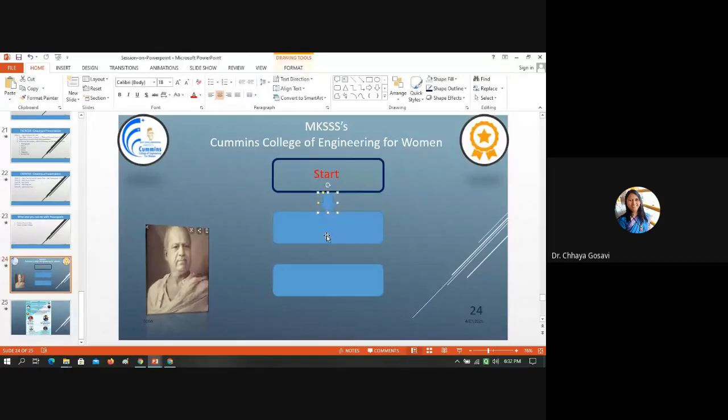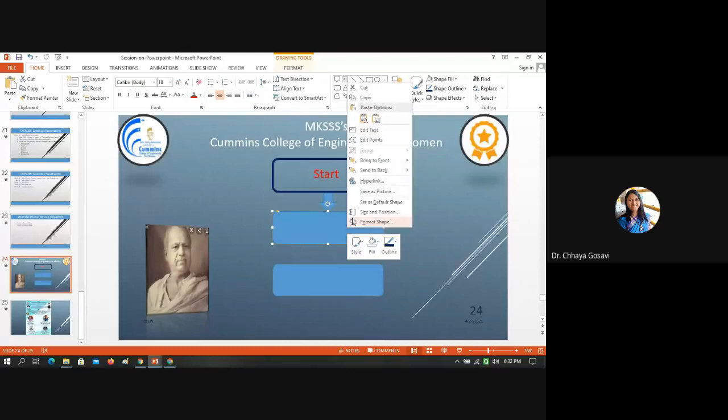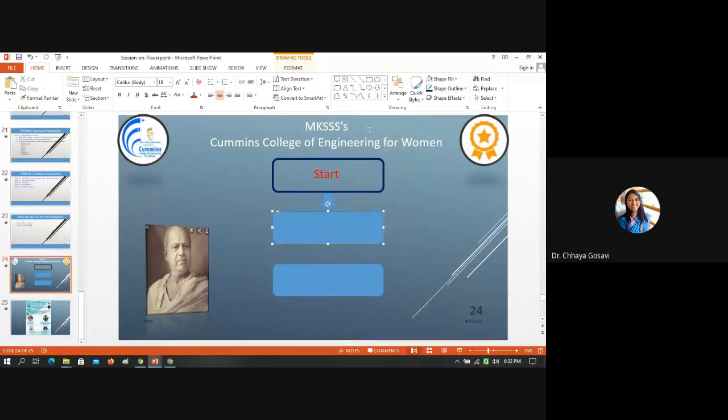And this arrow, then step 1, suppose I'm adding a text here. Or you can just right click and choose Edit Text. It will allow you to edit text. Say step 1. Again, I want the arrow, so I'll choose this arrow and paste it.